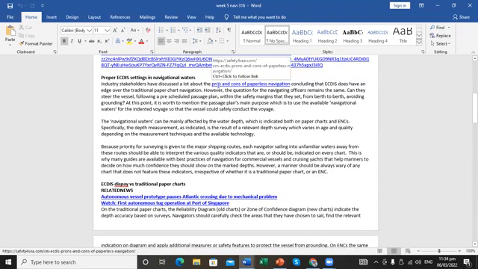So we have the pros and cons of paperless navigation. For the pros, the corrections and updates of your ECDIS chart will be easy because it's just a matter of a couple of minutes. You can easily upload it to your ECDIS. The cons: because the ECDIS is powered by a computer, sometimes you will experience lag.